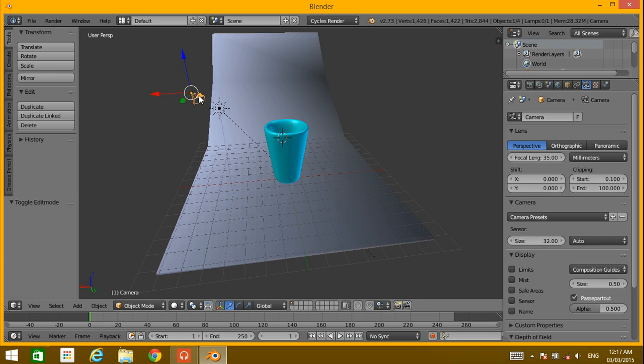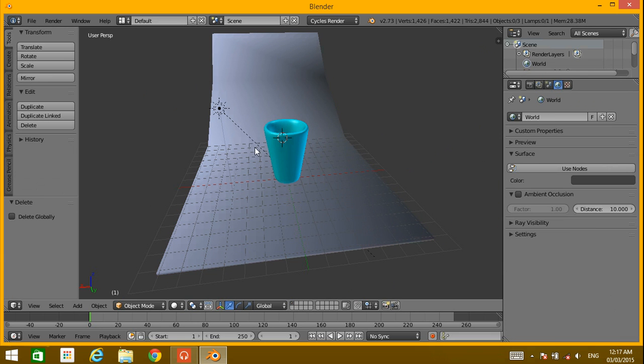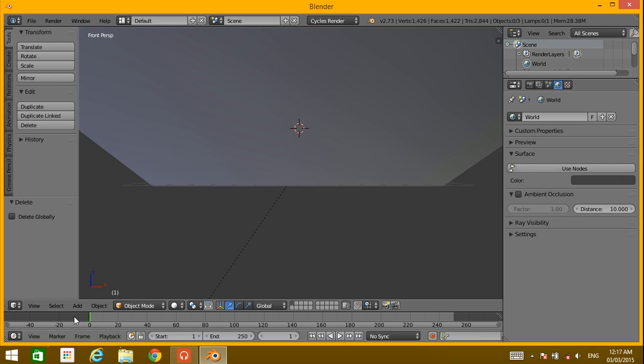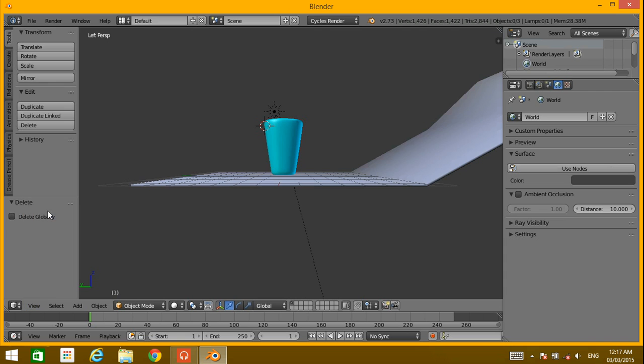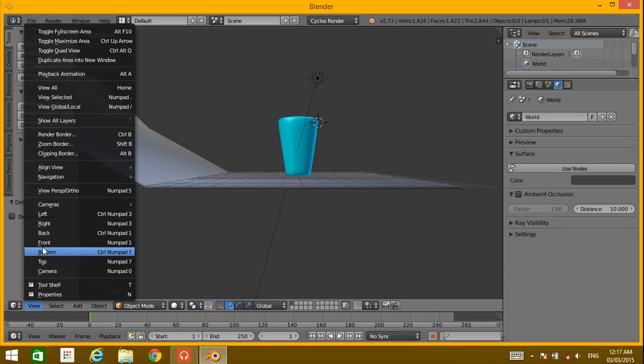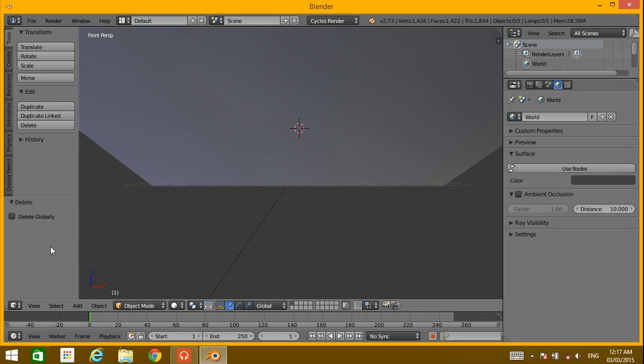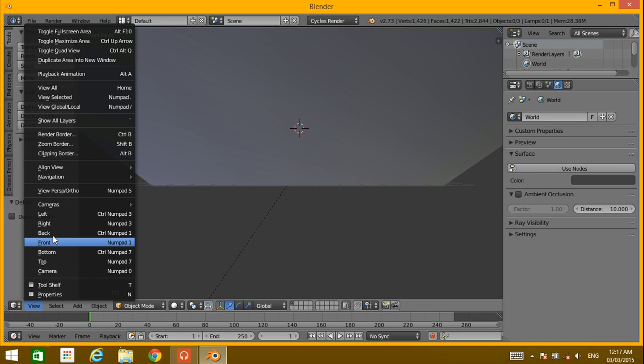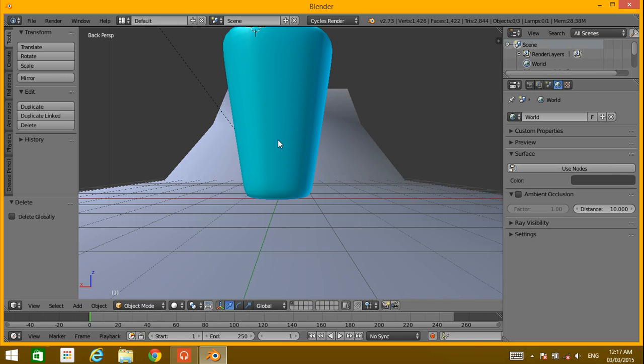Alright, select the camera, delete the camera, and press left, press right, press front, and press back. Yeah, that's the view I want.